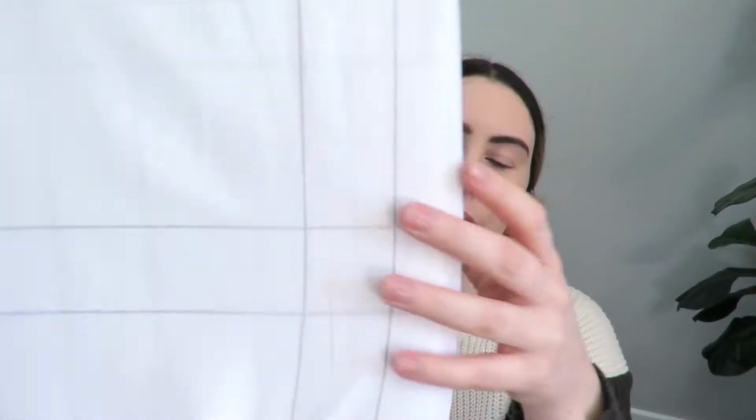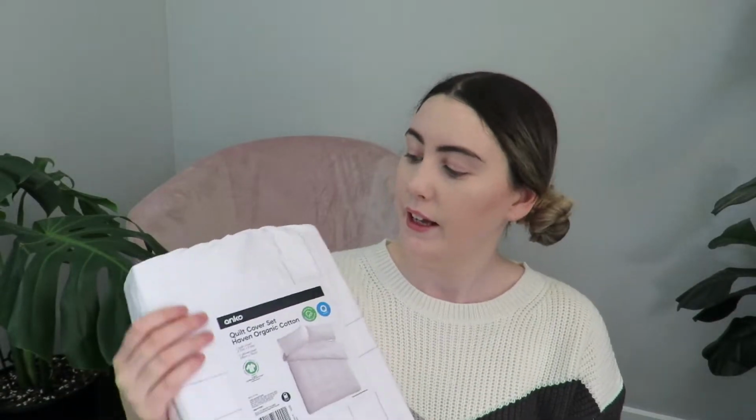Another bedding thing that I got was a quilt cover set for the spare bedroom. This just felt beautiful, so I picked it up because I'm a sucker. And it's just white with a grey square pattern across the whole thing. It feels lovely, it's organic cotton, and it's nice to have a spare set of sheets for the spare bedroom. And speaking of when guests come over,